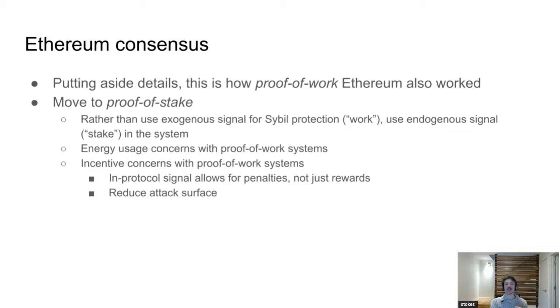So the idea is you have some coins, in this case, Ether. You lock up Ether as a sort of risk capital or this stake in the system. And this is compared to, say, work in Bitcoin, where the work is this thing that's just happening. The Bitcoin protocol itself has no way to understand what work was done. It's this thing that comes from outside the system. So hopefully this point's clear.